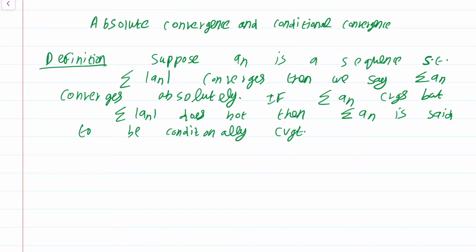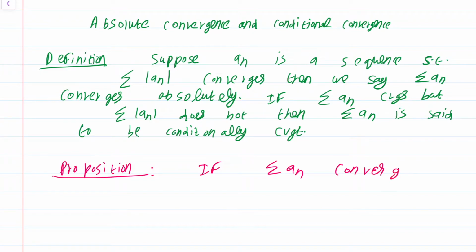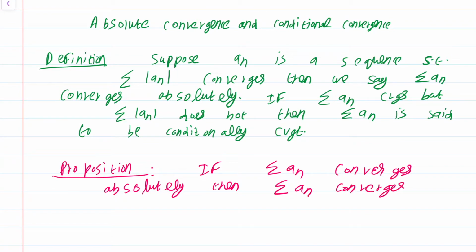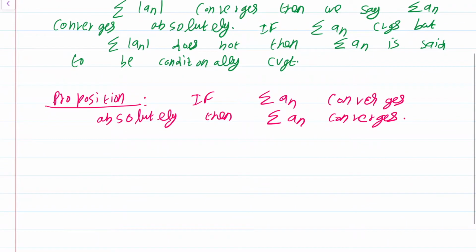We also stated a proposition. If summation an converges absolutely, then summation an converges. Okay, let's see a proof of this. It is actually done already, but since this is the central portion of this, I'll give a quick proof, leaving